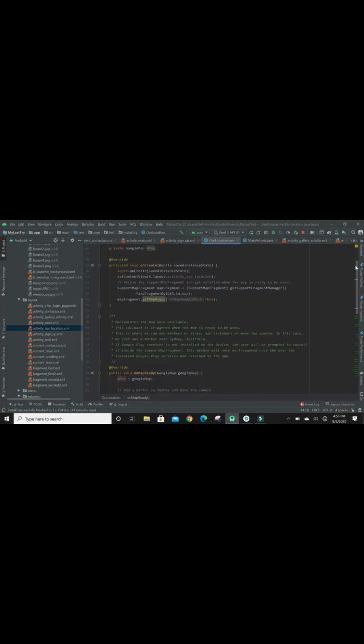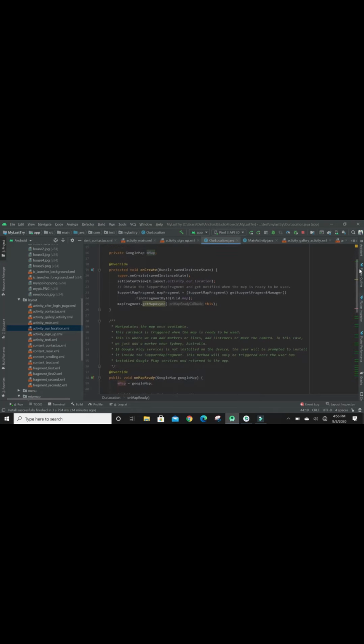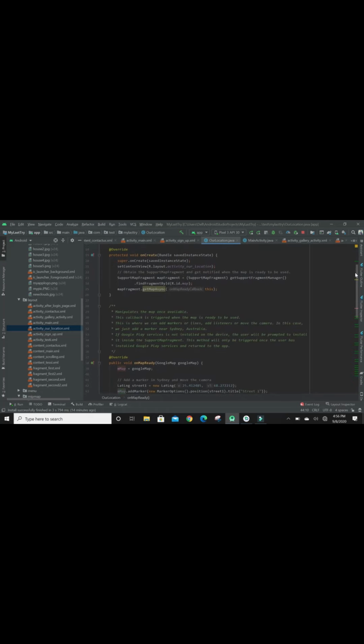You can use a Google API key to use Google Maps on your app. For using maps in your project, you have to get a key from Google. This is known as an API key, and you can use it here, and then you can use the locations. I have given some locations that will be displayed on the locations activity.